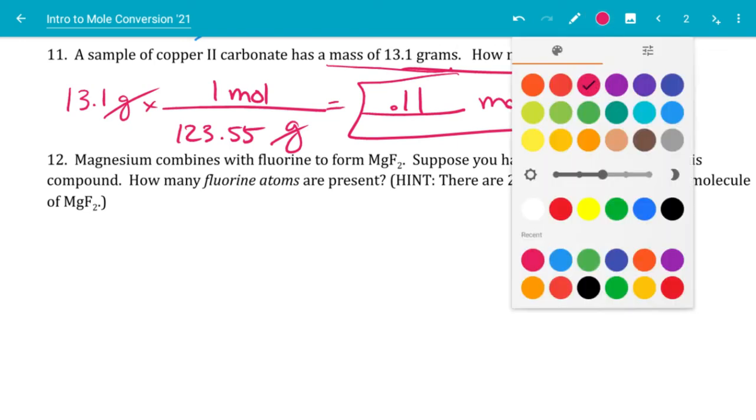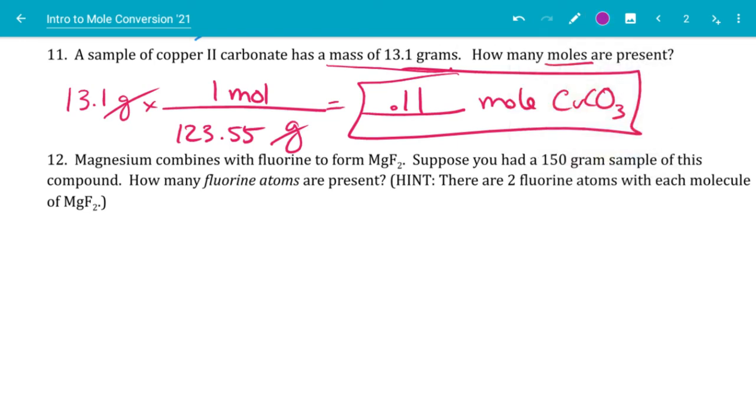Okay, last one, ladies and gentlemen. Magnesium combines with fluorine to form MgF2. Suppose you had a 150 gram sample of this compound. I'm going to write it down, 150 grams of MgF2. How many fluorine atoms are present? Okay, so we're going from grams to atoms. So that's going to be a